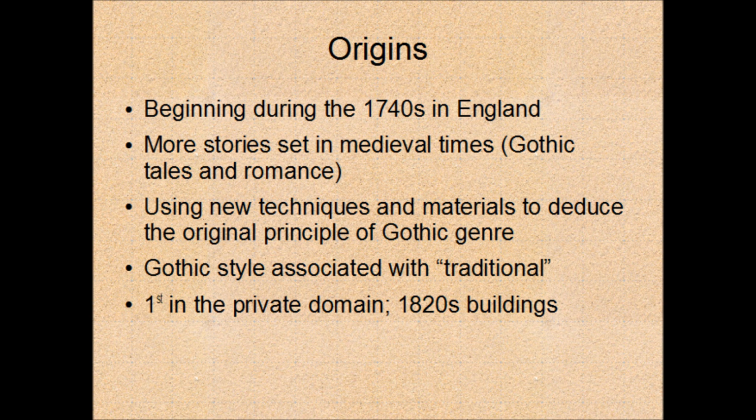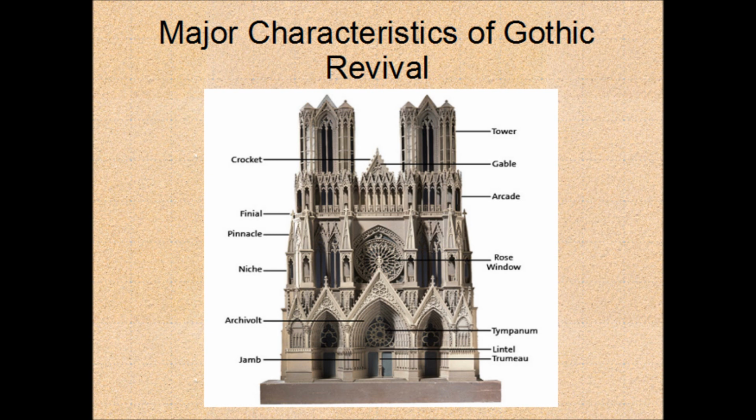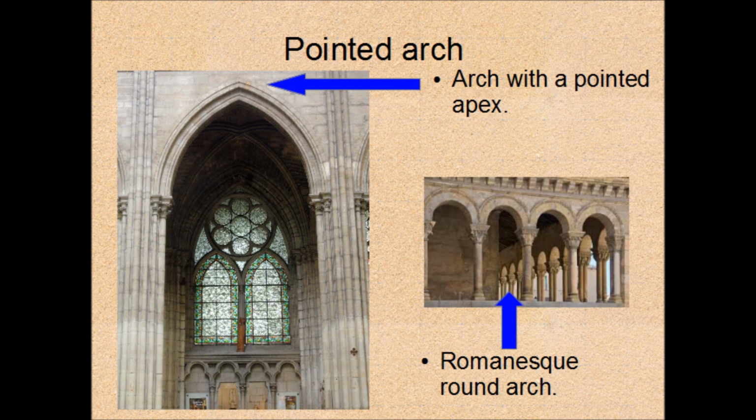The Neo-Gothic style distinguished itself with some obvious architectural elements. As we can see in this picture, they are numerous and I will present some of them. First, the pointed arch. It is an arch with a pointed apex. This type of arch can be found in most Gothic cathedrals and churches, rather than the rounded arches of Romanesque buildings. The pointed arch is used to accentuate the cathedral's height, and we can deduce that symbolically the arch points toward the sky.